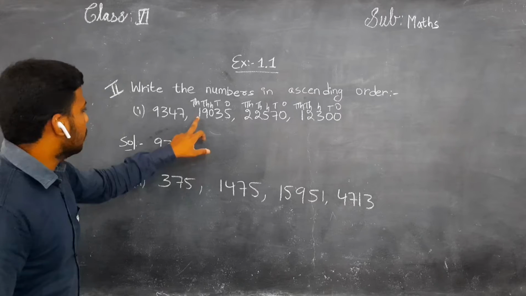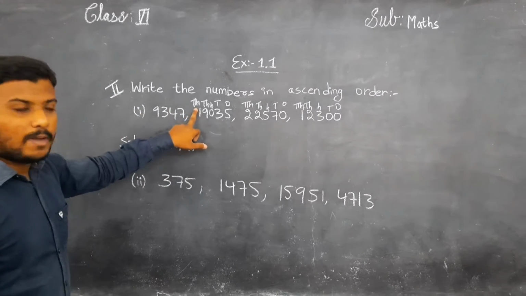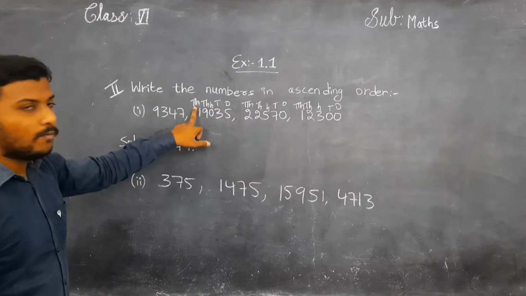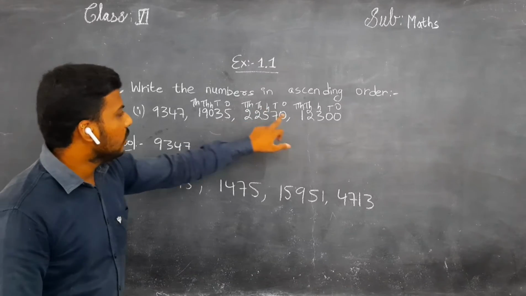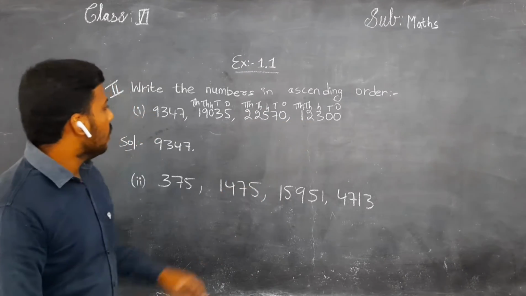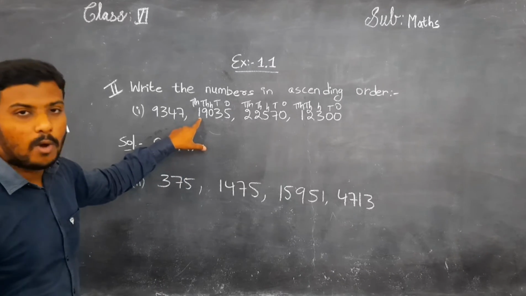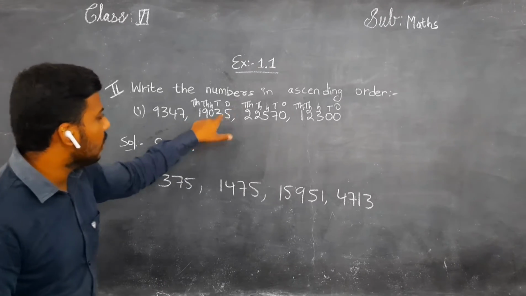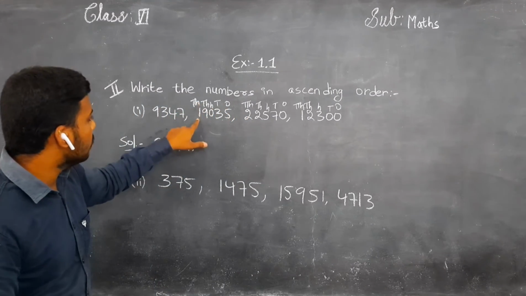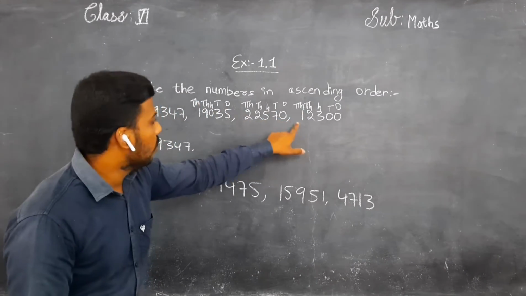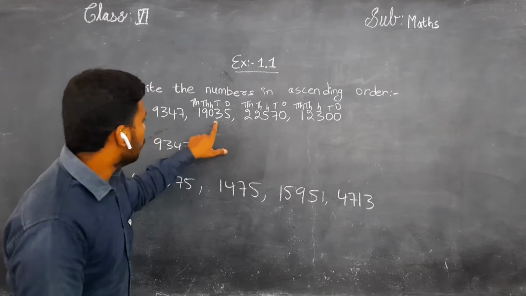Right now look at this. We have to start from the left side. Understand? That is the biggest value, 10,000. In the place of 10,000 we have the value 1. Here 2. Here we have 1. We have to decide the smallest number. So we will see this number and this number, because this is the biggest number, no? In the place of 10,000s, 1 and here 1 we have, but here we have the value 2. So first of all we will see this one and this one.